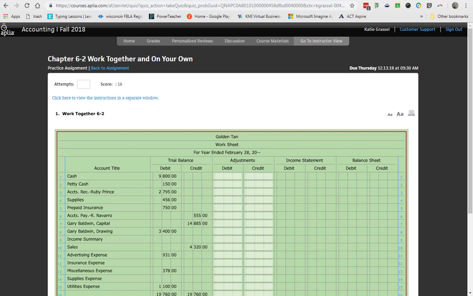What happens if your debits and credits do not equal? Problem. Stop and find and fix it. Like, really, it is that important. If these two numbers from your trial balance do not equal, do not do anything else on the worksheet. Because you'll be like, oh, yeah, I'll go back and fix it. But it really becomes more of a problem, especially when you're first learning worksheets, to understand how the numbers and